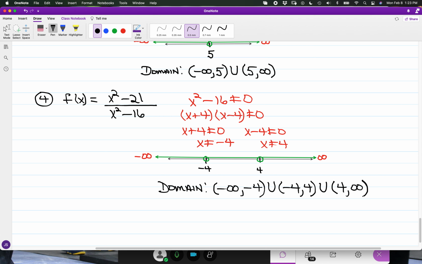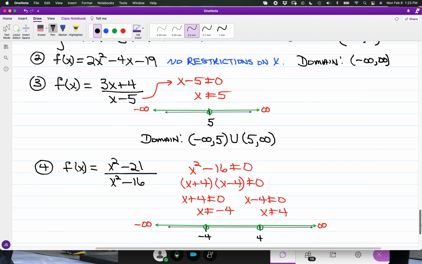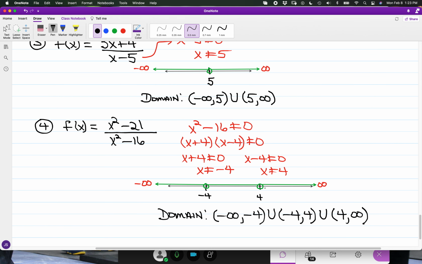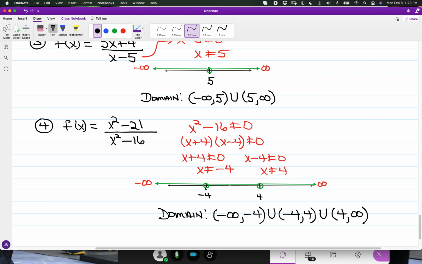Okay, so if you notice, we had 3 sections, whereas before we had 2 sections. Basically, the more exclusions there are, the more subintervals are formed in the interval notation that represents the domain. The number of subintervals will always be one more than the number of exclusions. Here we have 1 exclusion, 2 subintervals. Here we have 2 exclusions and 3 subintervals. Now,